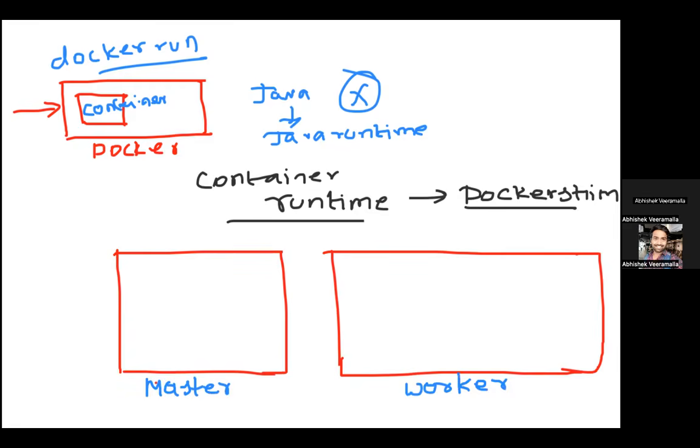It doesn't mean that you cannot create Kubernetes with one single node. You can also do it, but in production, you always have multiple masters and multiple workers. But for easy understanding, let's say you have just one master and just one worker. So what happens in Kubernetes is you will not directly send the request to the worker, but your request goes through the master. Your request always goes through something called a control plane. Why you need to do this, I'll explain, or you will even understand it yourself.